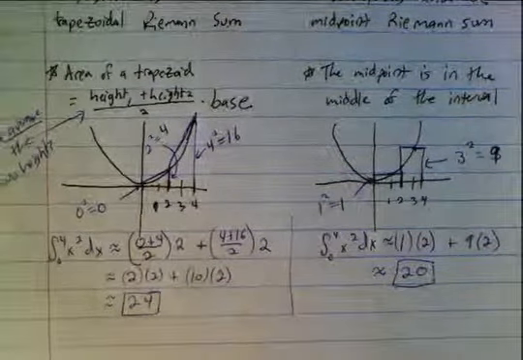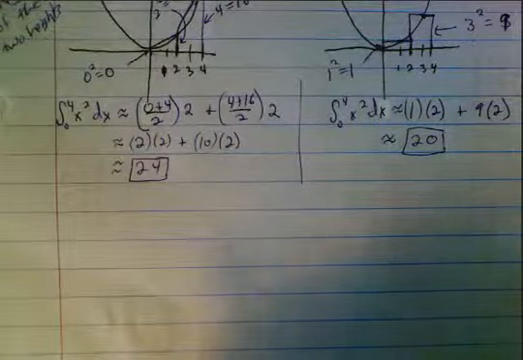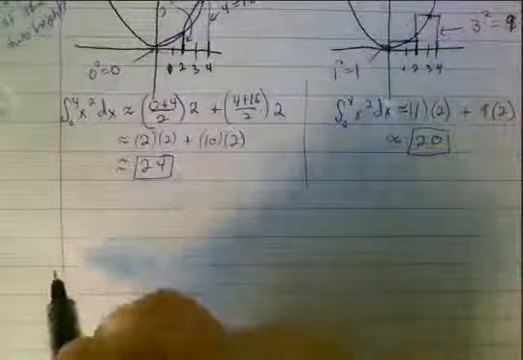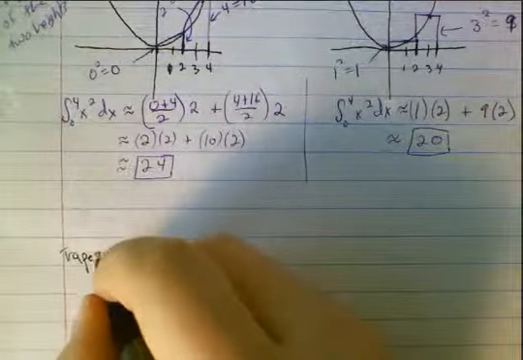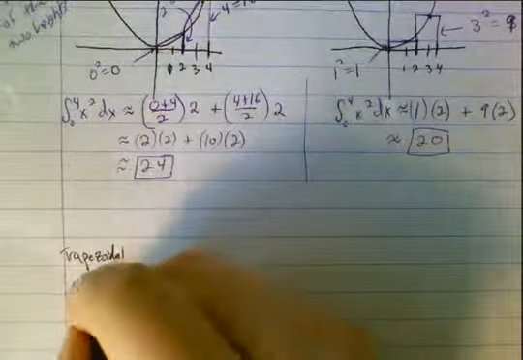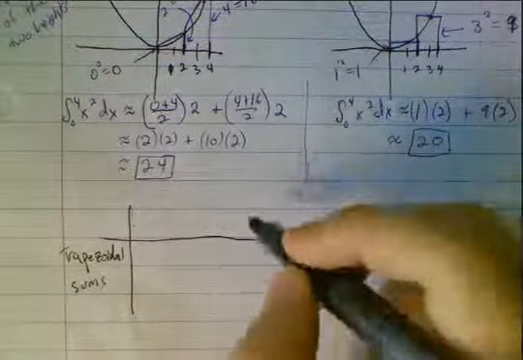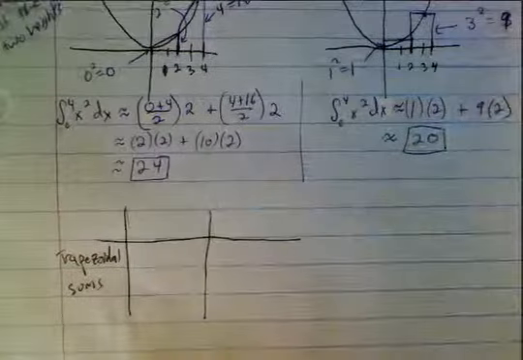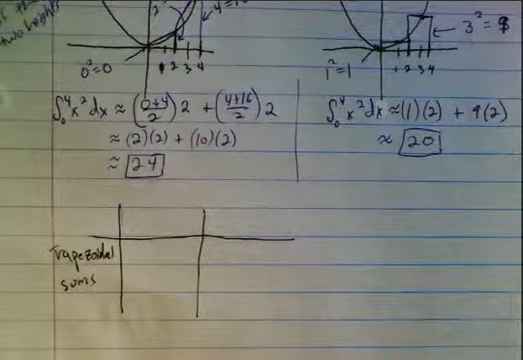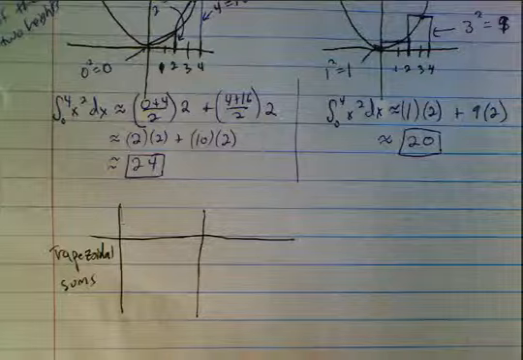So that's the basic idea of those. There are a couple of characteristics to know. In terms of overestimating versus underestimating, for trapezoidal sums, again, it overestimates versus underestimates in different conditions. But instead of being overestimating or underestimating based on whether the function is increasing or decreasing, the trapezoidal sum behaves